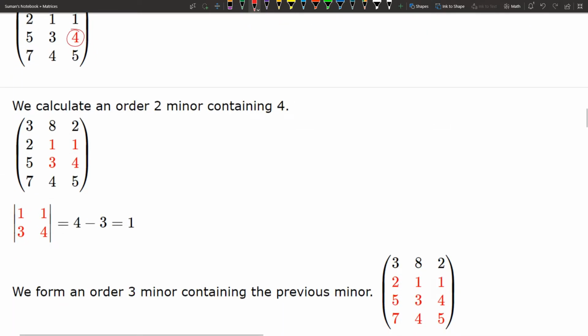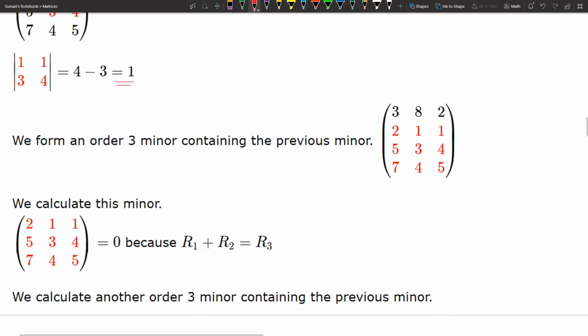So at first we are calculating an order 2 minor that is containing 4. Using the red color we have pointed 1, 1, 3, 4, and its determinant value is equal to 1. So its rank may be 2. So we are proceeding to the next higher order.